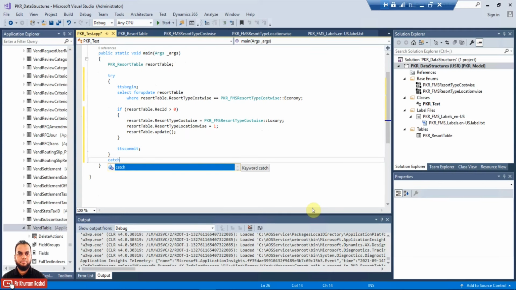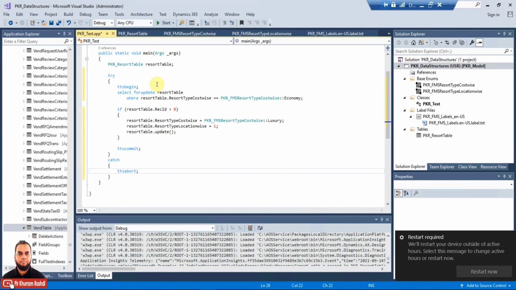Catch can be an error also, and that can be a specific catch or it can be a generic catch. In case of catch, TTS abort. So whenever a TTS begin starts, it should commit once the code successfully executes. If it does not execute and there is an error in between, it will directly go to catch and then perform TTS abort. So TTS begin either will go to TTS commit or it will go to TTS abort.